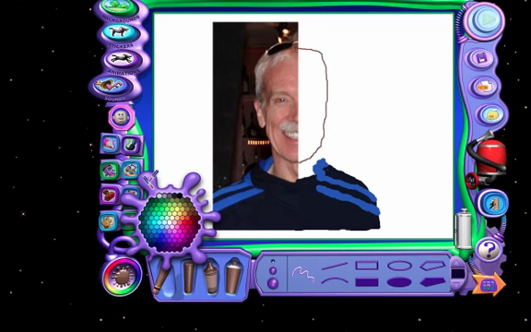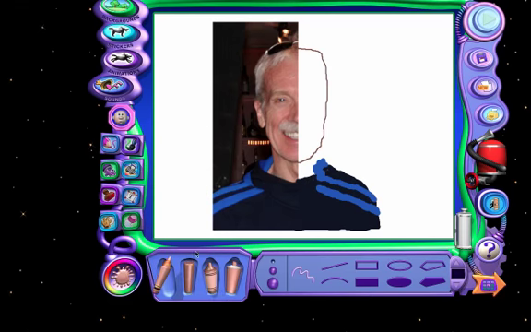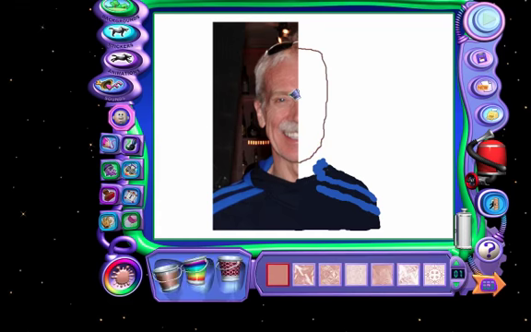And then we can come over and grab the eyedropper again and get some skin tone. And since we have a complete object with no holes in it, I can fill in my face,